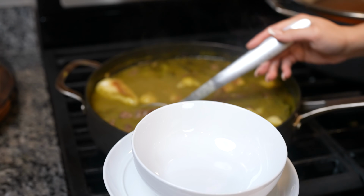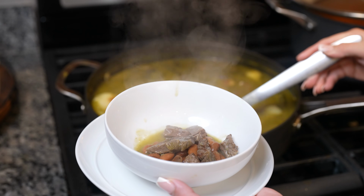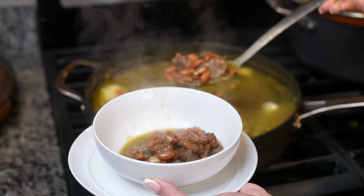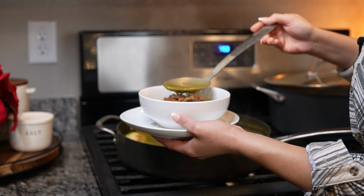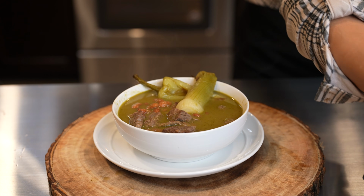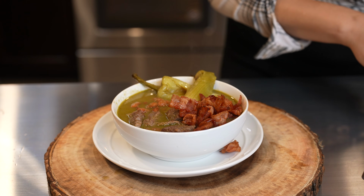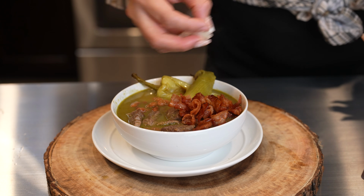Now we're just going to grab our bowl. Grab a little bit of everything. Make sure you get the juice. That's the best part. Now we're going to start by grabbing our bacon and add as much as you want. Going to add some onion,